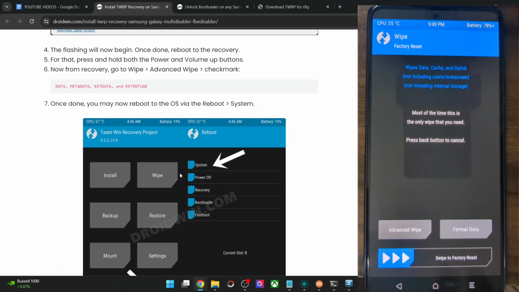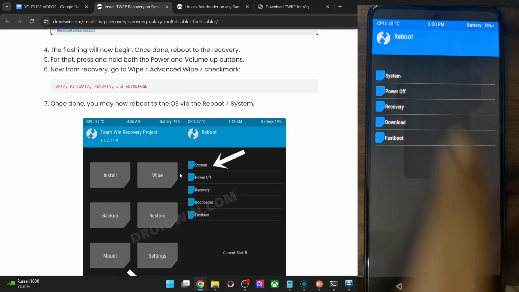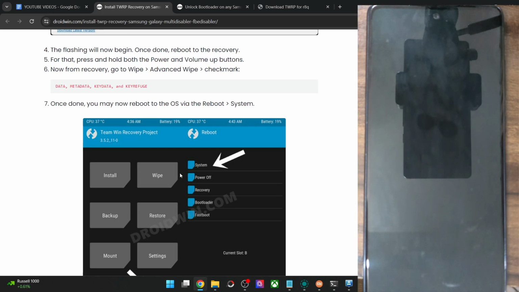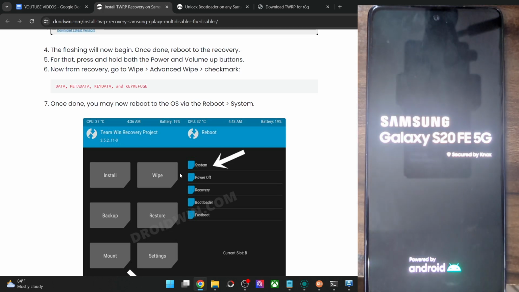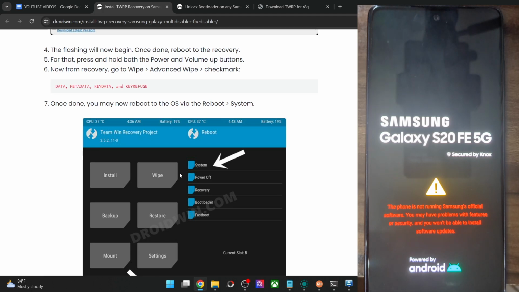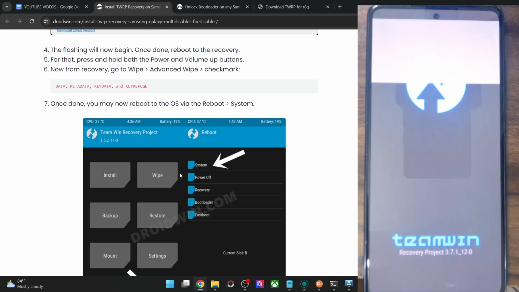You may now go back and again go back, then go to reboot and choose recovery, and your phone should now reboot to the TWRP recovery. And now we have disabled the FB disabler as well, and you could now carry out the rest of the flashing process with ease. So there is just one more important point worth discussion. So let's just wait for the phone to reboot to the recovery, and then I'll show you that as well. It could take up to around 8 to 10 seconds for the phone to boot to the recovery. That's completely normal. So let me show you one thing.